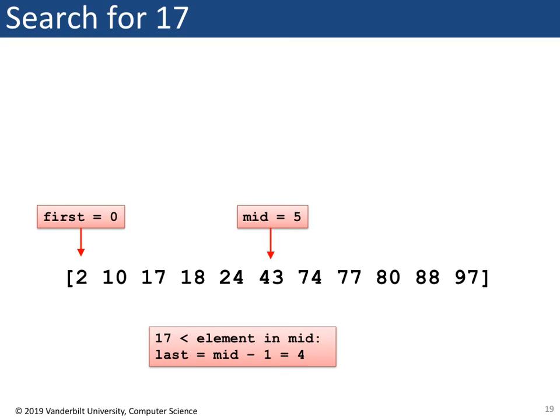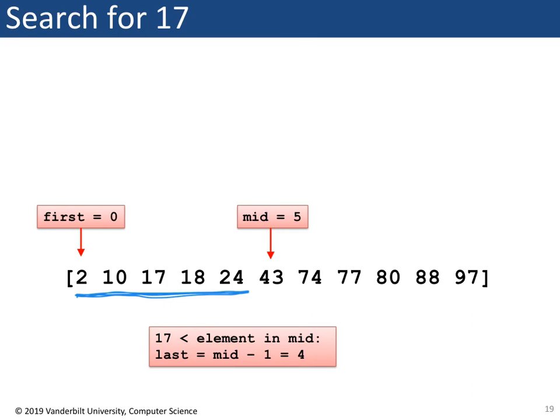So since it's less than the element, we know that we have to search over here. Everything over here is going to be too big. 17 was already less than the middle of the possible range,